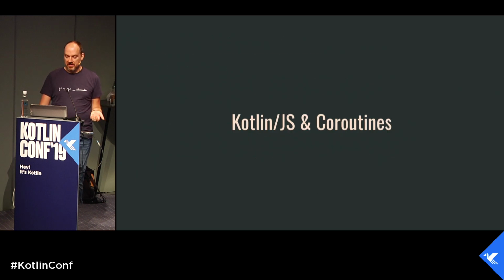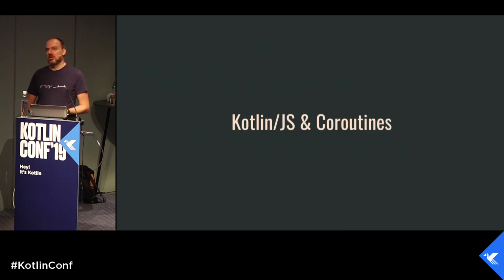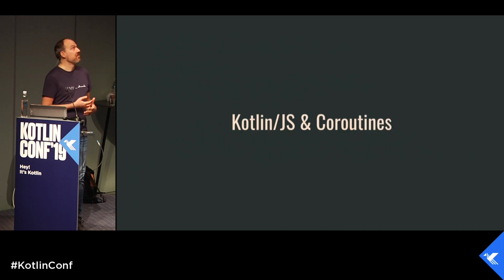So you had coroutines there. You saw that we have a suspend function there. That's because Ktor builds a lot upon suspending functions and coroutines. So how do we do coroutines in Kotlin.js? Well,